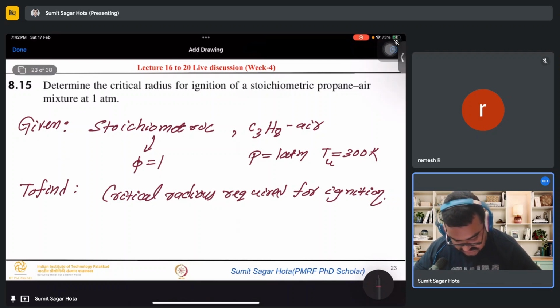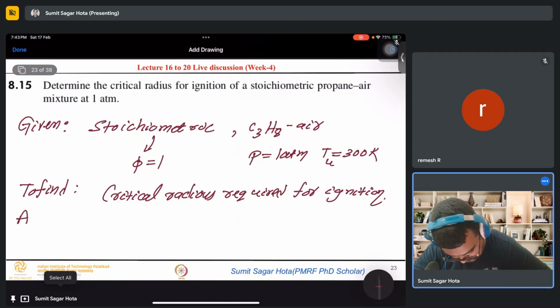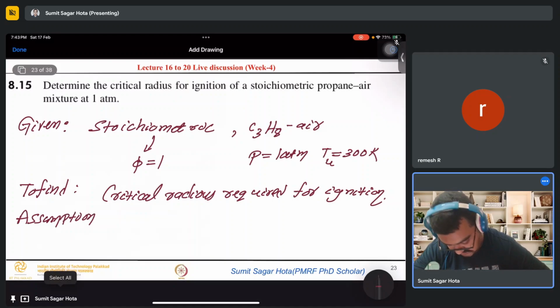So this kind of question you should know. In this question, they are not telling which correlation you have to use. What temperature assumption you have to make, they are not going to tell. How the gas will be modeled, they are not going to tell. So here you have to assume many things. That's the beauty of this type of question. If you know, only then can you answer. If you don't know, you cannot answer.